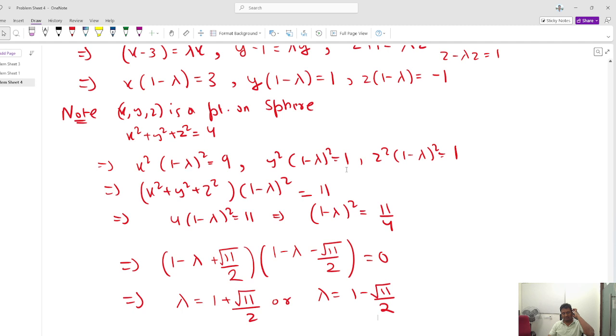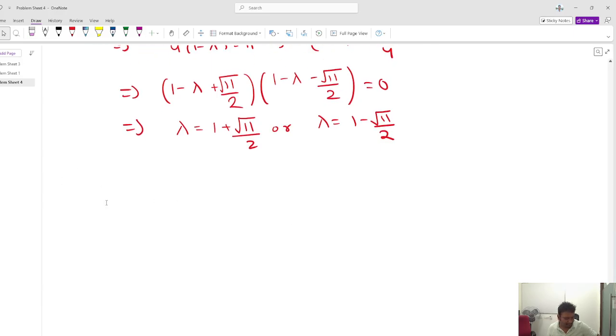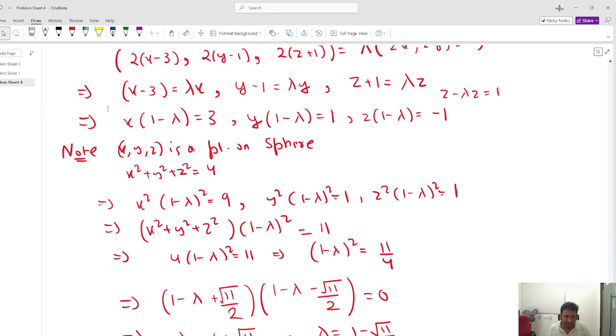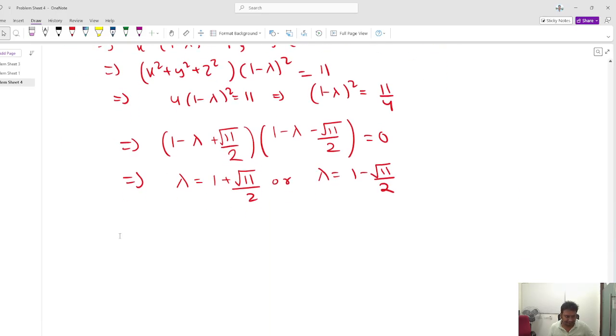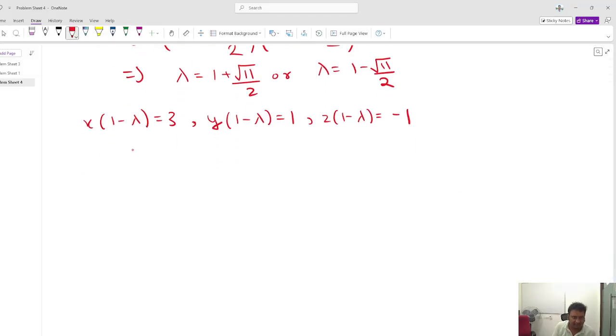When you have possible values of lambda, you can find the values of xyz also using this equation, which I am copying right now. Oh my god, this is a bad copy. So let me copy it properly. Yeah, I think this is better. So you have this equal to, I think it was minus 1. Now, you just have to substitute the value of lambda there, and you see 1 and 1 will cancel out. So if you substitute the first value, you will get,